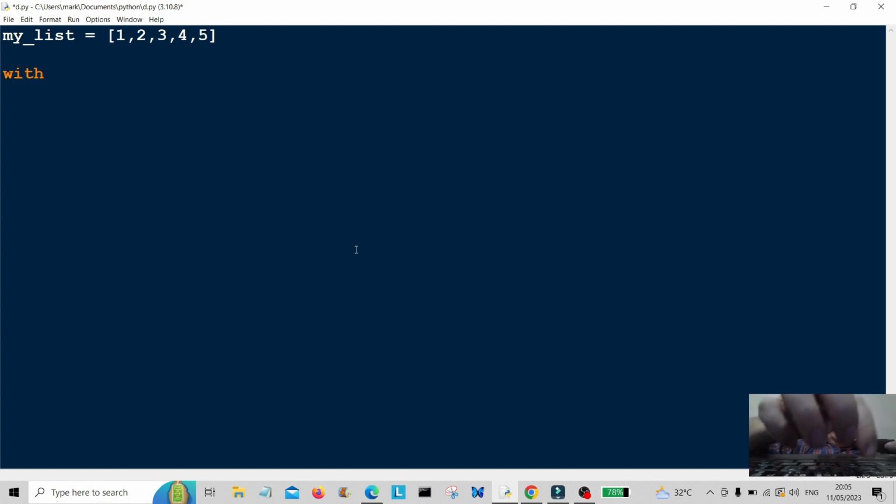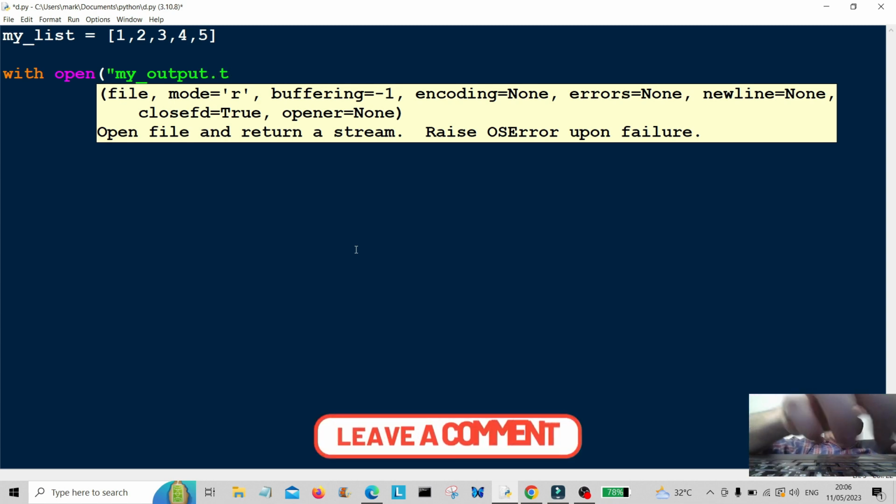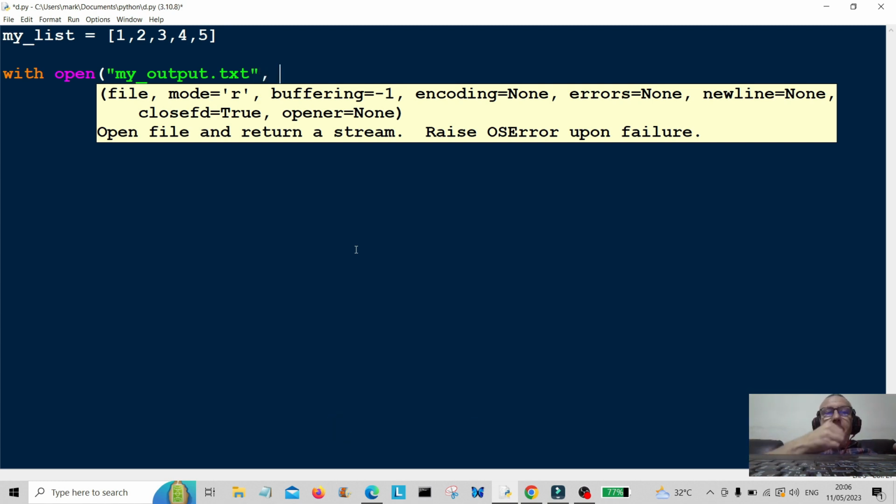So we do it like this with open, and we're going to create the file here. I'm going to call it my output.txt, and this will create a file in our Python folder that we're working from, and we use the W here to create the file, and we're going to write to it as well. So as let's say file,